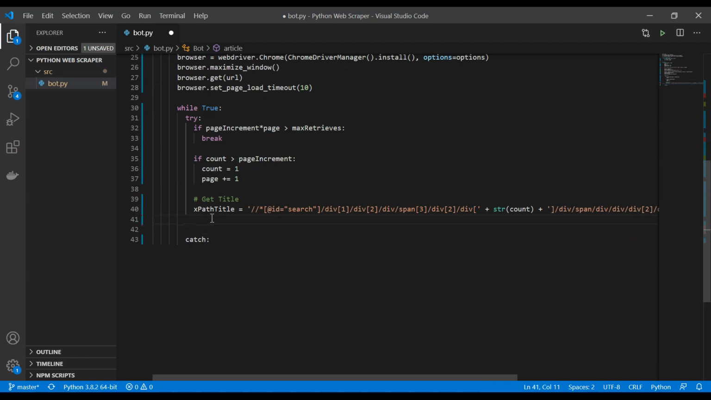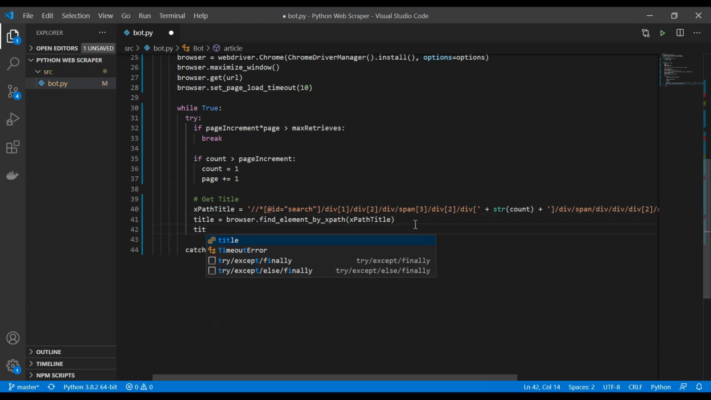What we can do now is get our title, which is going to be equal to browser, which is our initiated web driver, and we are going to use find element by XPath, and here we will just provide our XPath, and then we can also extract our title text, which is equal to title get